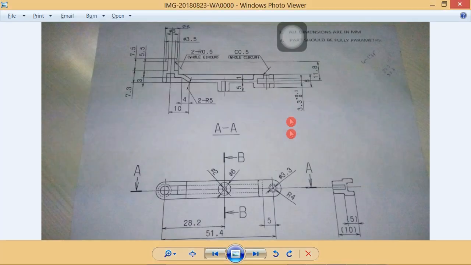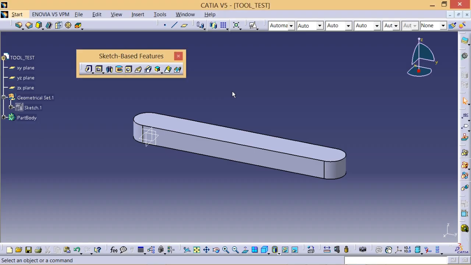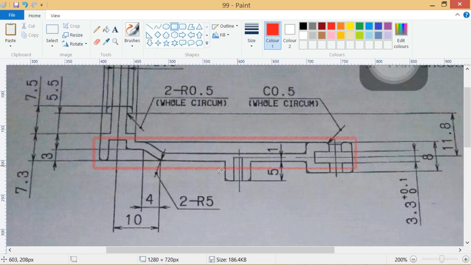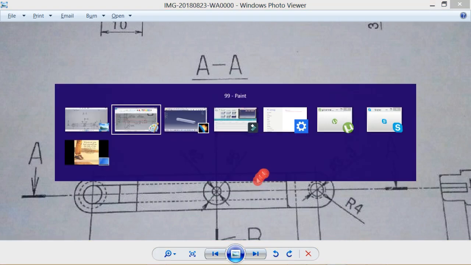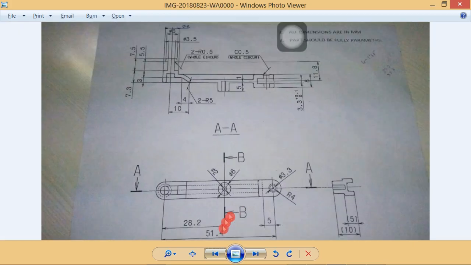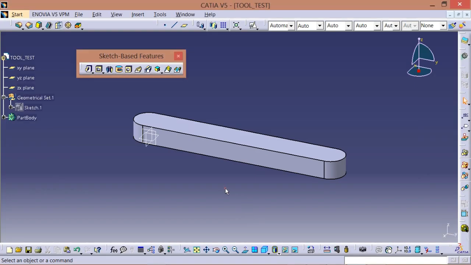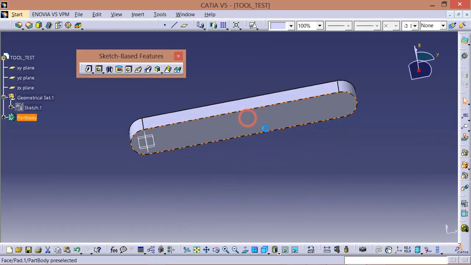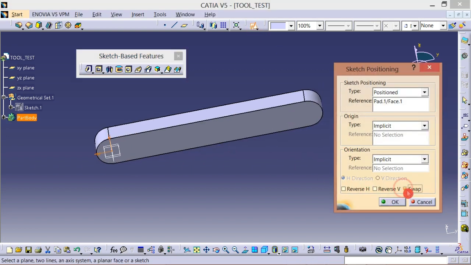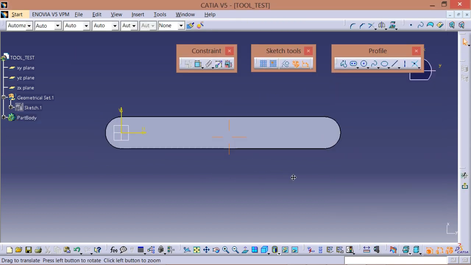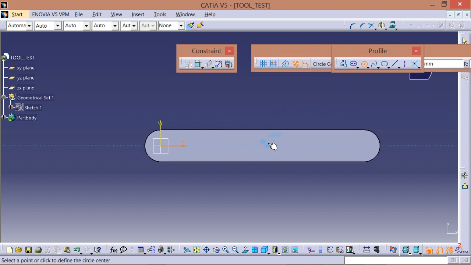Now I'm going to draw this cylindrical feature here, which is 5 mm in length and 6 mm in diameter, and it is located exactly at the center, at a distance of 28.2 from this left center point. Okay, now I'm going to select the bottom plane to draw a sketch. Select the sketch command, and I'm going to change the orientation of the horizontal and vertical direction to the view that I require. Select the circle from the Profile toolbar